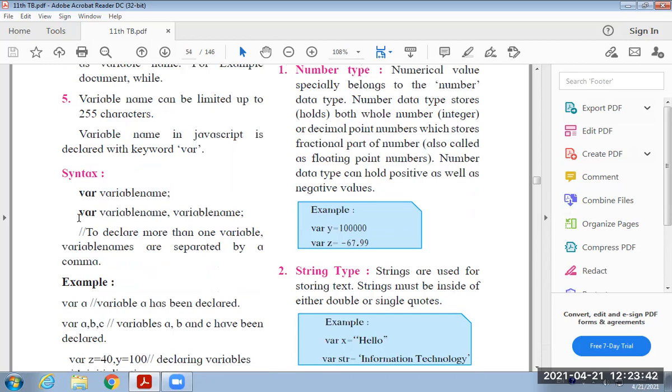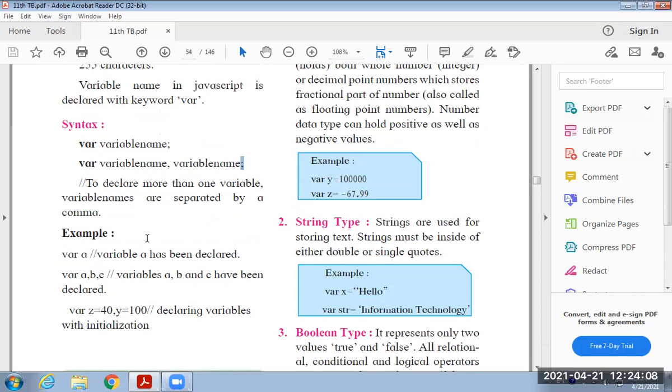Then on the next line, two variables are declared, and these two variables are separated by using a comma operator, where variable name, comma, variable name, and after that the semicolon is provided. Semicolon indicates the termination of the current portion. Therefore, here the variable declaration is terminated with the semicolon.